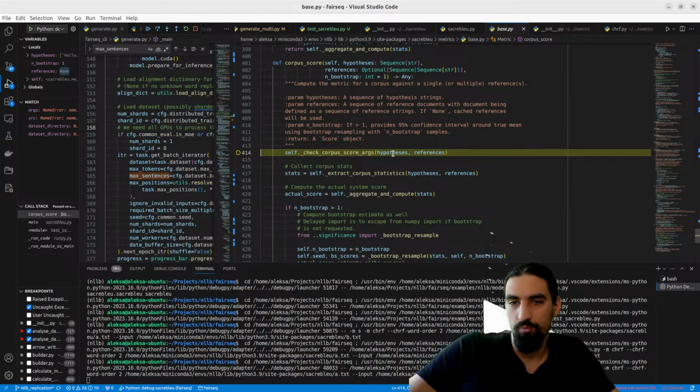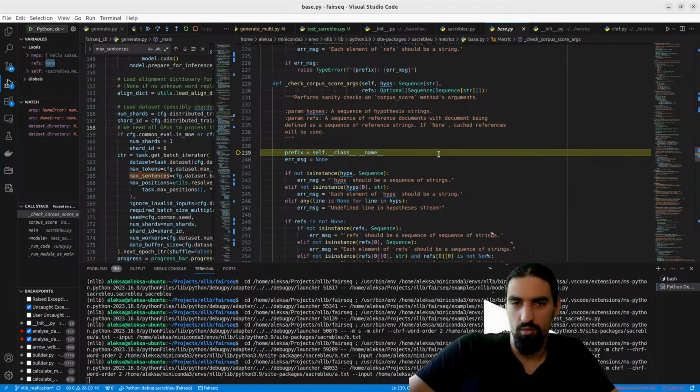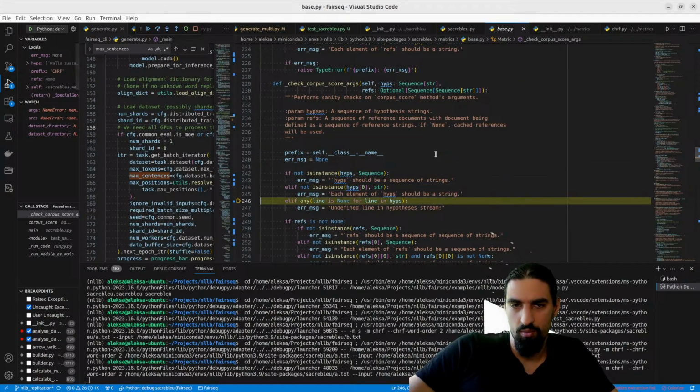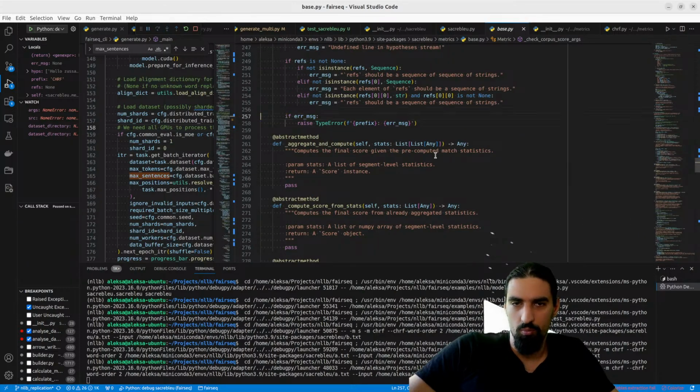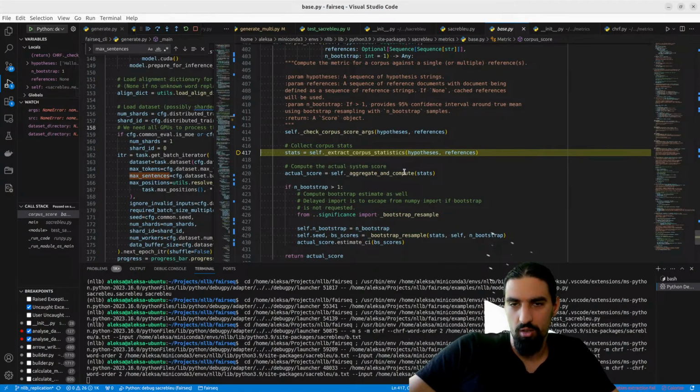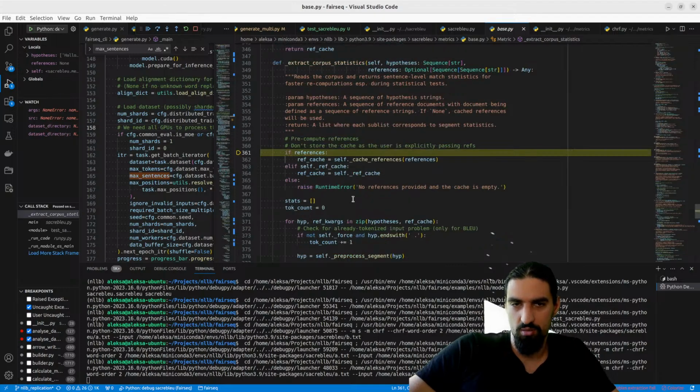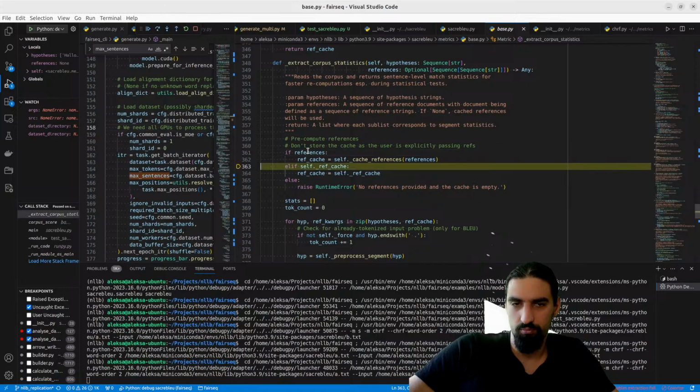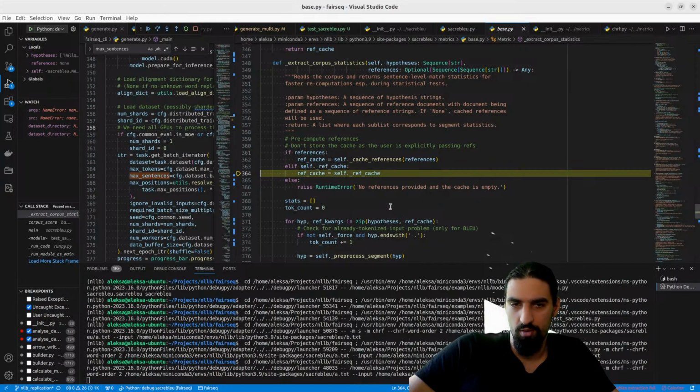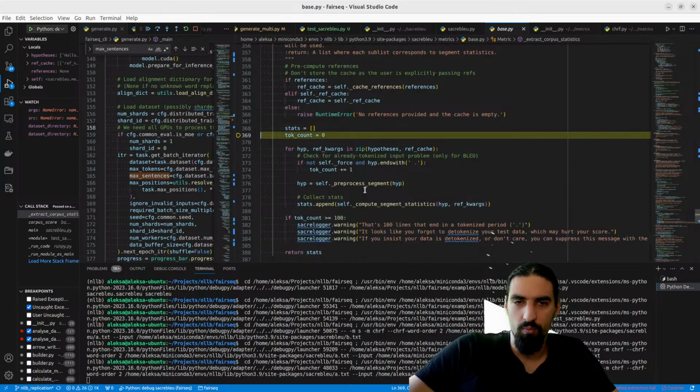Corpus score, hypothesis, references are none because they're cached. Okay, extract the corpus statistics if references exist. If this exists and the cache is equal to this, okay, and then